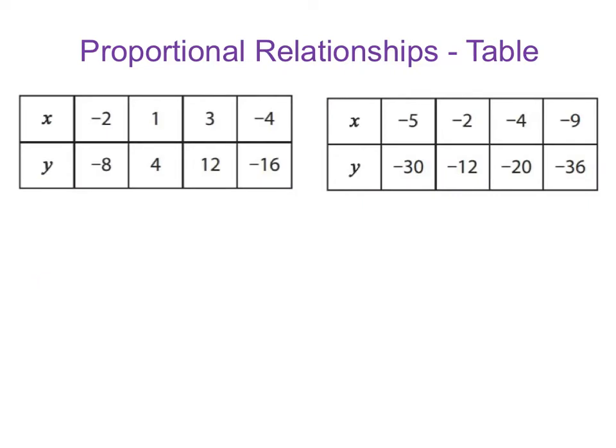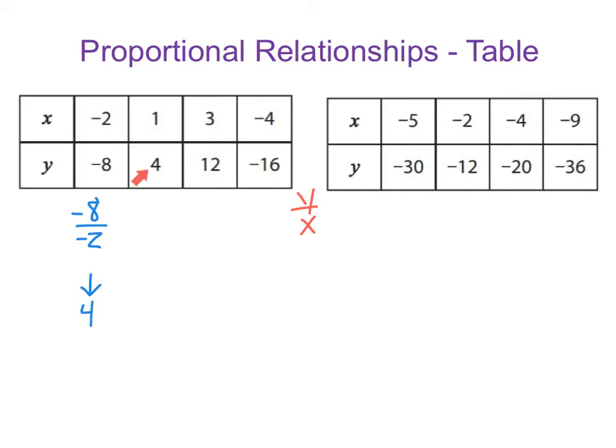All right, for proportionality to exist in a table, we have to say that our y value to our x value, the ratio of y to x, needs to be the same for each and every point in the table. So this y to that x needs to be the same as this y to that x, and so on through the whole table. So let's try that with the first table. I'm going to take negative 8 and find the ratio of negative 8 to negative 2. So I have negative 8 divided by negative 2,